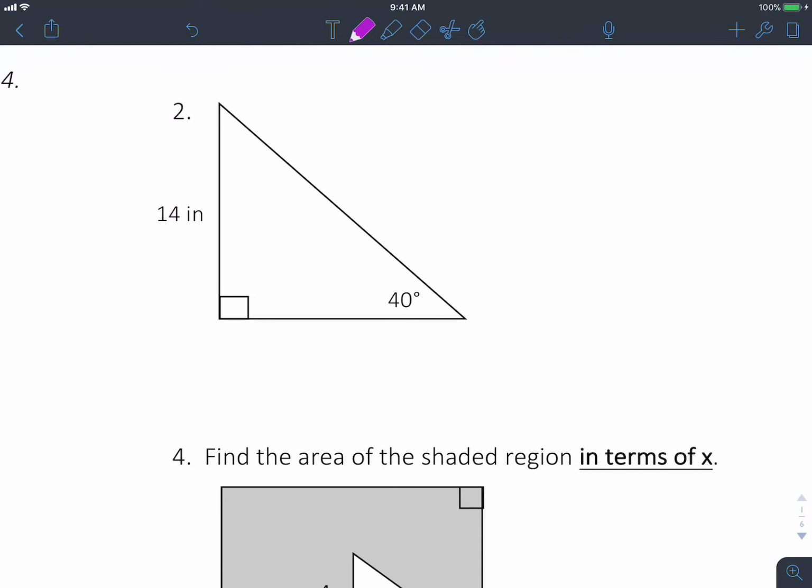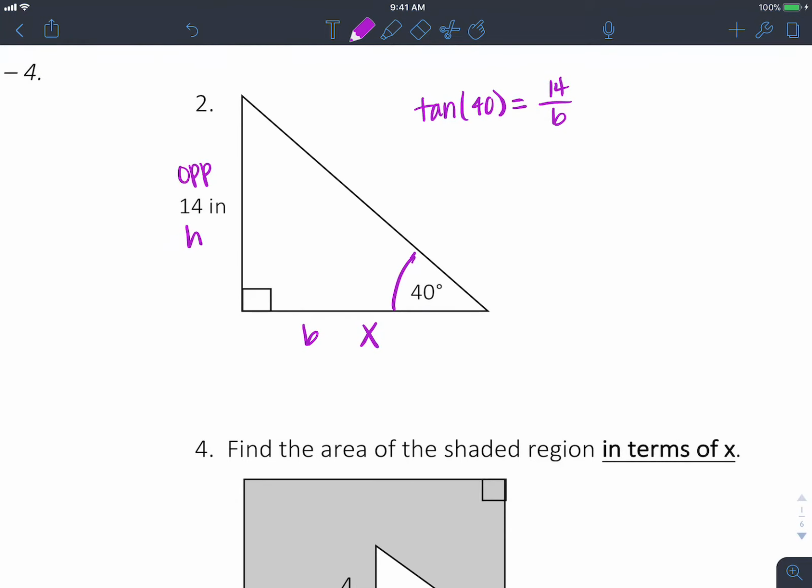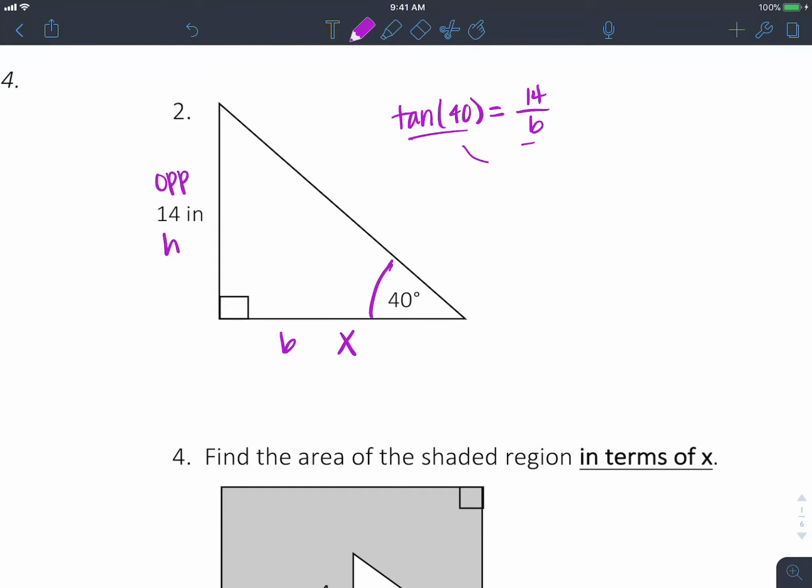All right, number 2, since we have an angle and a side, we're going to have to use a little bit of trig. So 14 is going to be our opposite, and that's also our height, we still need our base. So this side is going to be our base, it's going to be our x. We're going to be using tangent since that is our adjacent side. So tangent of 40 is going to be our opposite 14 over our base. Then we're going to switch them, so base is going to be 14 over tan of 40,